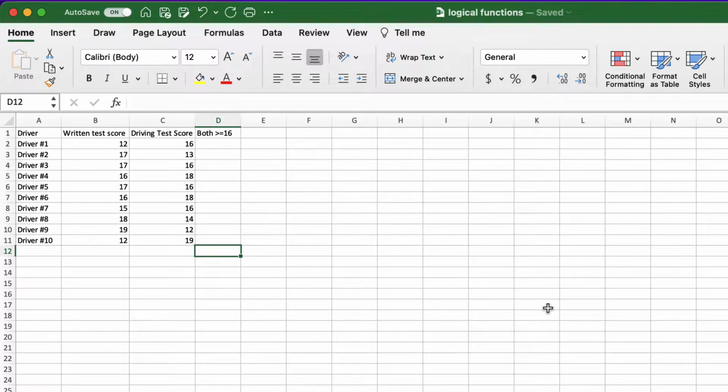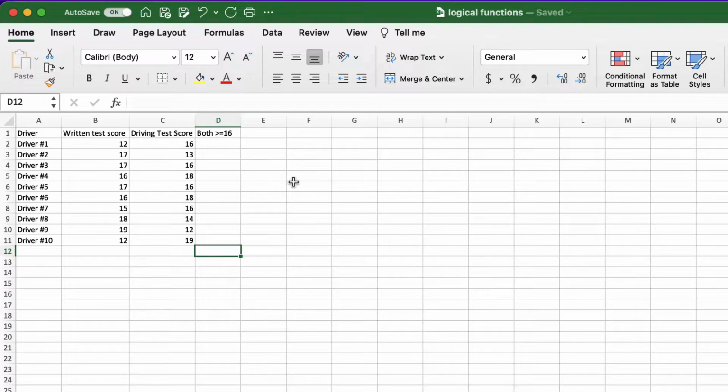For example, in this table, we have the written test scores and driving test scores from a DMV. The minimum passing score is 16 for each test, and both tests need a passing score to get a license.